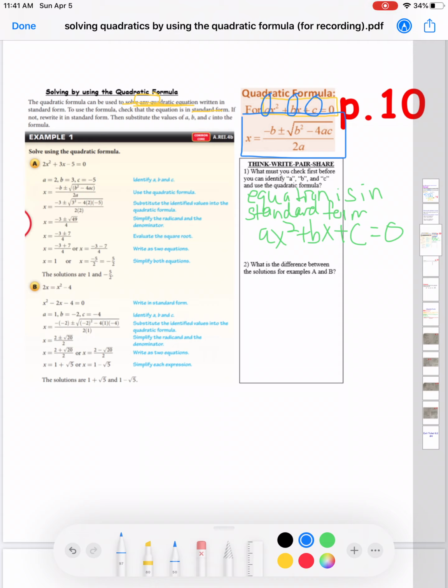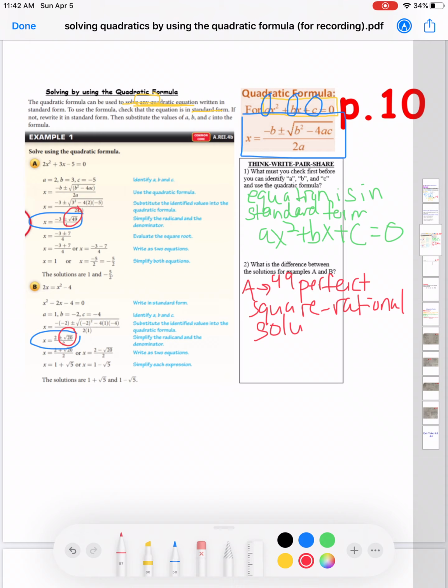So you'll notice in both problems, they substituted their values in for A, B, and C into the formula, but they got totally different answers. If you notice when they got to this middle step of simplifying their work, the big difference lied in what was inside of the square root or the radical symbol. In example A, we had the square root of 49, which is a perfect square. So in A, because 49 was a perfect square, that means that we had rational